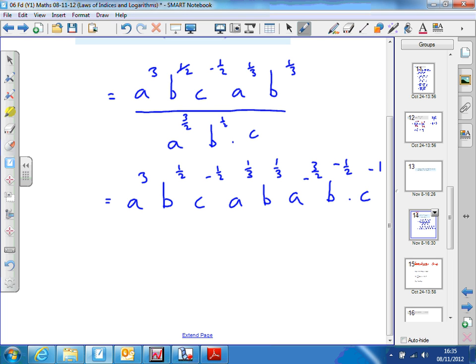I can use the first order of indices, which says I add the powers so long as the base is the same. So I can add all the a powers together, the b powers together, and the c powers together. And then when I've done that, if you look at the textbook, it actually gives a solution in root form. So I'm going to leave this question here. You might want to try finishing that off and then rewriting the answer in root form and seeing if you agree with the answer in the textbook. Okay? But that's the sort of thing that we do with these things, play around with the indices,